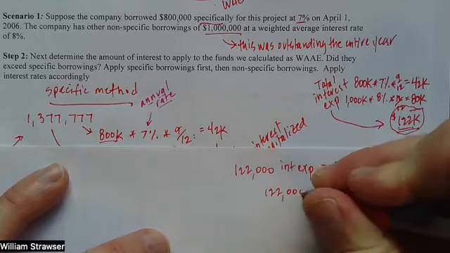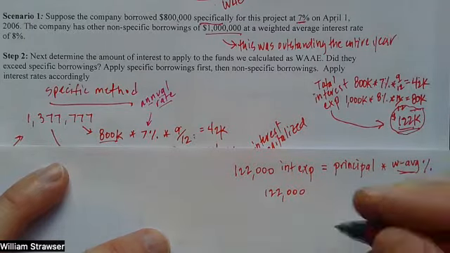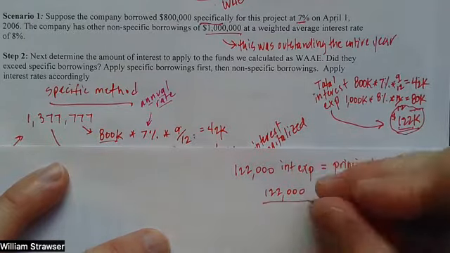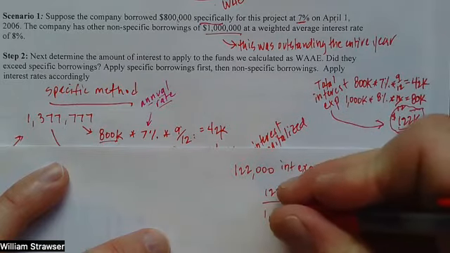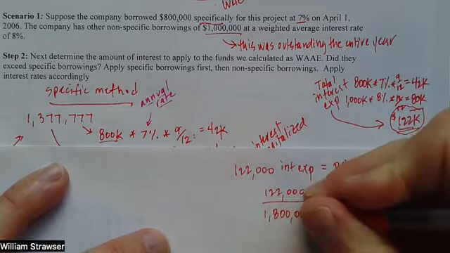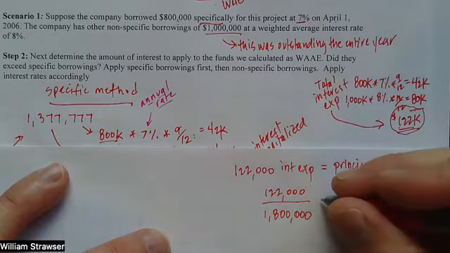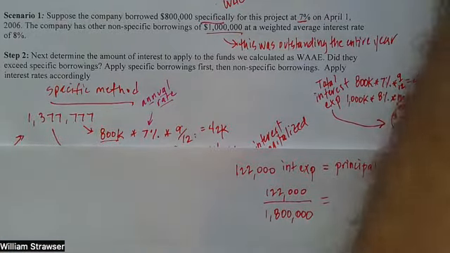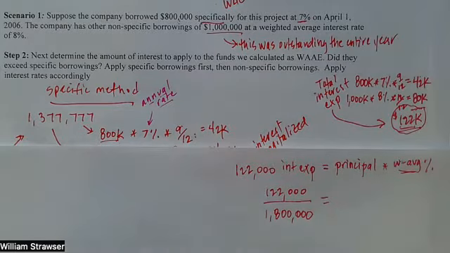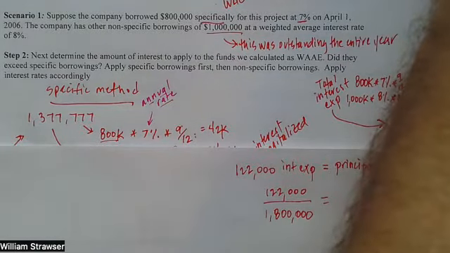And what I'm left with is the weighted average interest rate. And their principals will be 1.8 million. So that's 1,800,000, generating $122,000 interest expense. And do that math real quick. 122 divided by 1,800 is